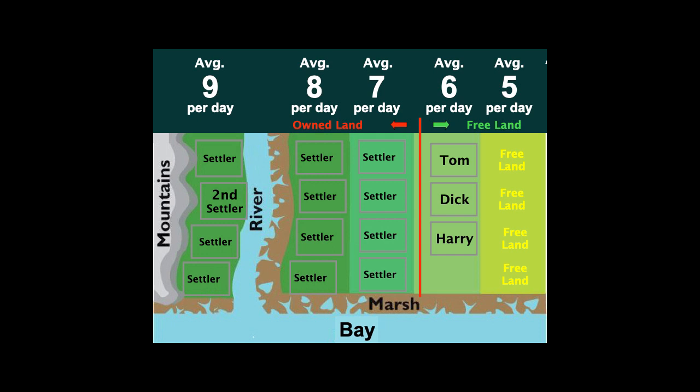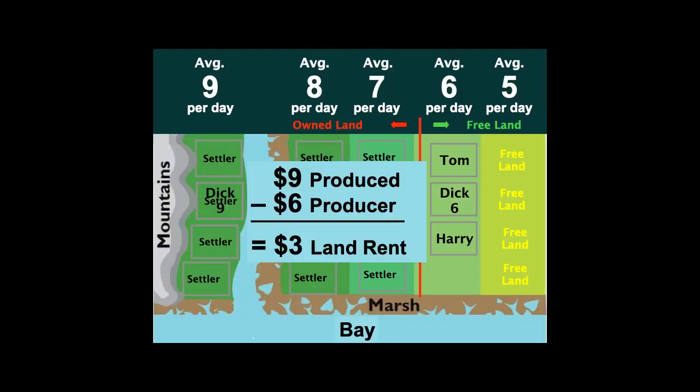So the question is, how much would she have to pay him out of the $9 that he produces on her land? And so it's a simple question of, would anybody work for somebody else unless they were offered more than they could produce working for themselves? Nobody works for somebody else unless they're offered at least as much as they can produce working for themselves. So out of the 9, the worker with his tools and equipment gets 6, and the landowner gets 3. So it's kind of like two sides of the same coin.